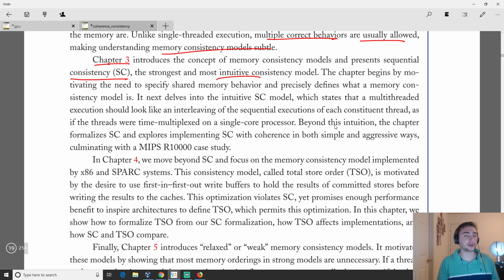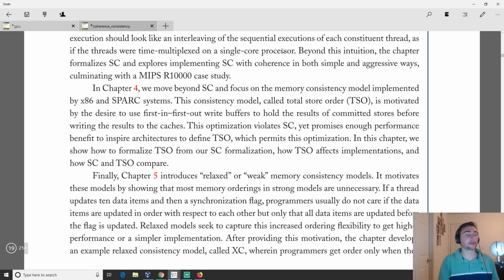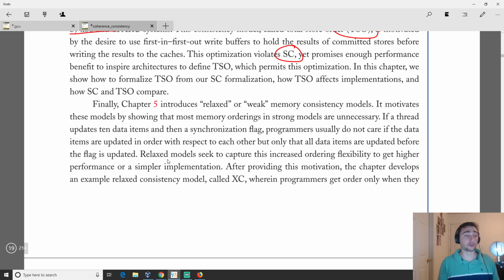And we'll continue on from there and bring up other types of consistency models used in things like the x86 machines and SPARC ones, such as total store order, and how these tend to violate sequential consistency, and they are more relaxed memory models is normally what we say, because they allow for more types of reordering of, say, reads and writes with respect to each other. And then we'll kind of cap it off with the extreme when we talk about relaxed or weak memory consistency models,